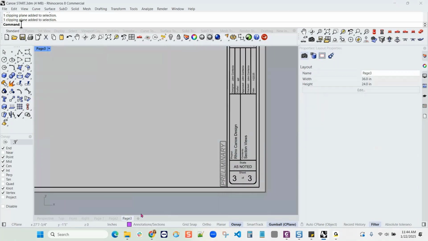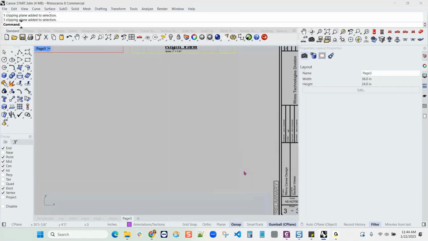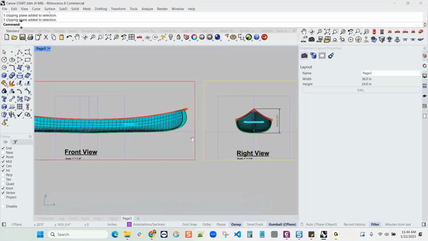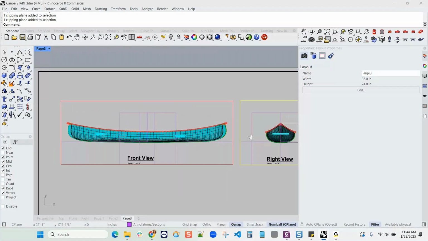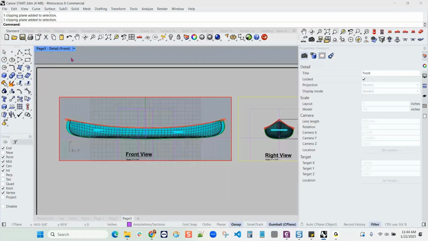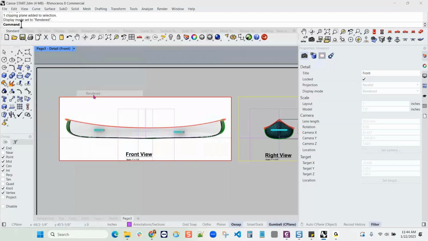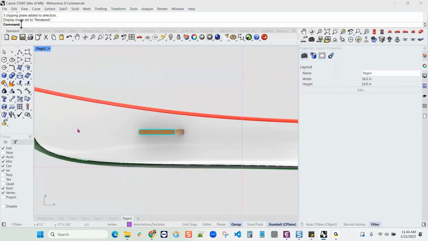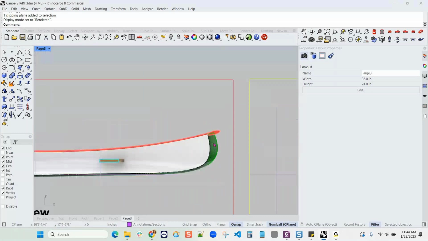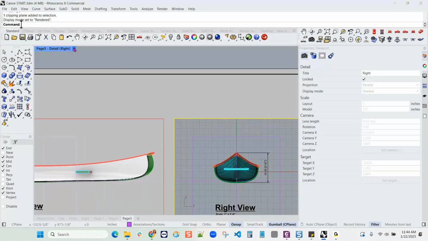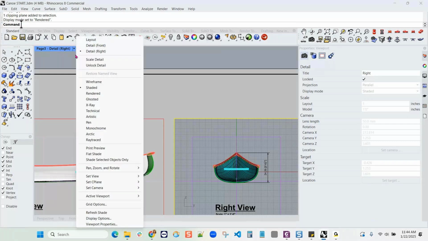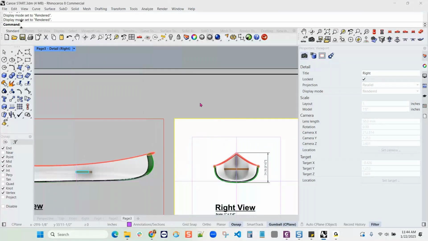So let's go over to page 3. And the view that we're looking at is the section view now of the front view. So if I go here to rendered, you can see maybe a little bit better what we're sectioning through. Okay. You can also apply a hatch to the sections. So we can do that in the layer. So if I change this to rendered,